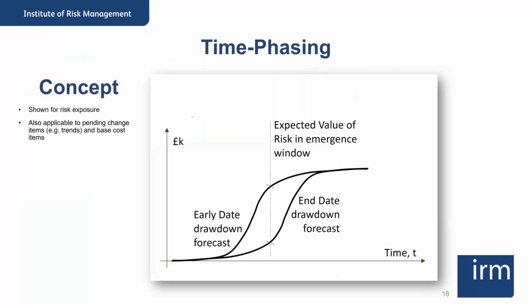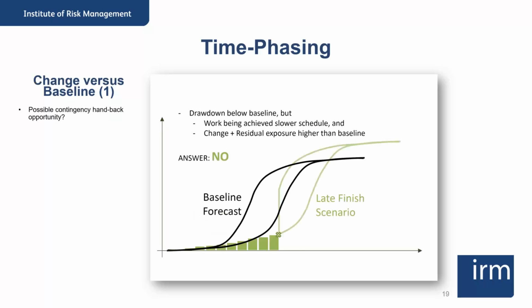And the final part, when it comes to time phasing, if you've got time phase information, you can start to plot and look ahead to when our project is going to be most exposed. Sometimes people look at the start date of an exposure, sometimes people look at the end. If you look at the window, you can very quickly get a sense of which is the part of the project when we're going to be exposed to a large number of risks at the same time. And if you update this as you go forward, but also track the drawdown you've had, it gives you a chance of checking whether you might have some handback potential.